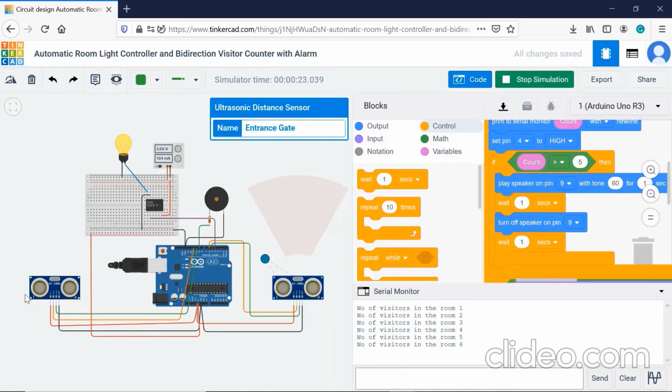Now we have to see whether, when a person leaves the room, the count is decreased or not. As the sixth person left, the number of visitors in the room is now 5. Now it has been decreased to 4.